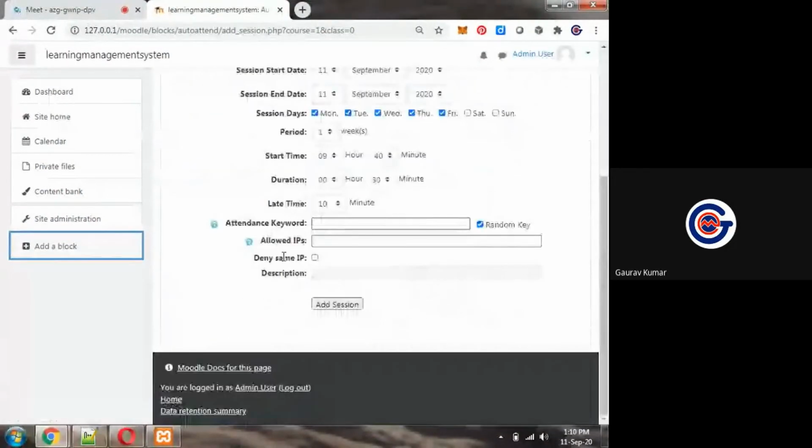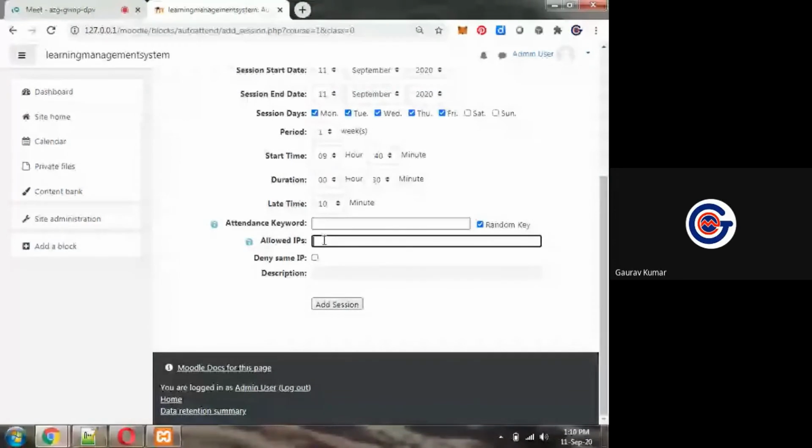And you can see which IP addresses are allowed. We know that students are logged on with specific IP addresses. We already know that students are located in their hostels. So set the range of IP addresses so that a student cannot mark the attendance from outside the campus.